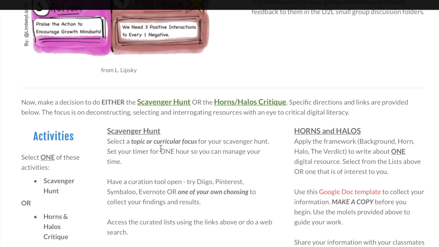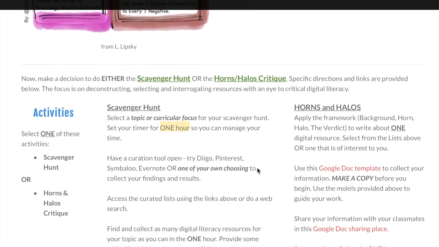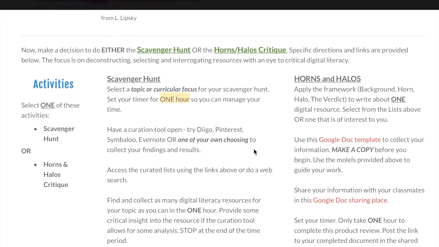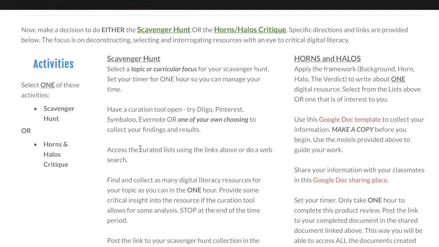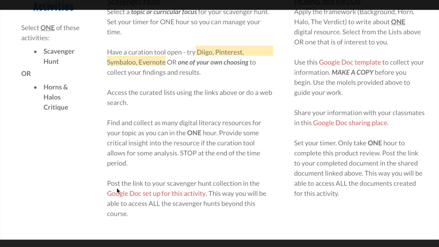Set a timer for a 1-hour time period so that you can manage the time carefully, and then start curating and selecting resources for that particular topic or curricular focus, and create a curated list of links, either Indigo, Pinterest, Symbaloo, or Evernote, or one of your own choosing if you have. And after you've done that, share the link to this collected resource in the Google Doc that is set up